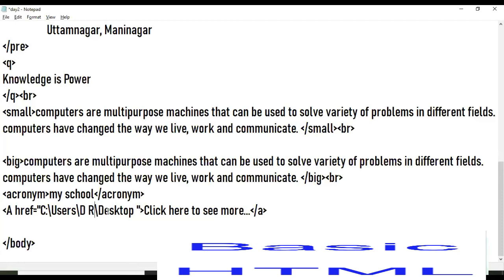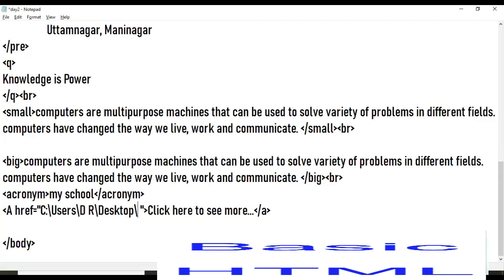Now you can see this is the location that we have pasted. You can see these backward slashes. This is drive letter C, the C drive. Now this is one folder, users. Inside the users folder there is the DR folder. Inside that folder there is the desktop folder. So the separator between different folders and the drive is this backslash. So after the location put one more backslash.